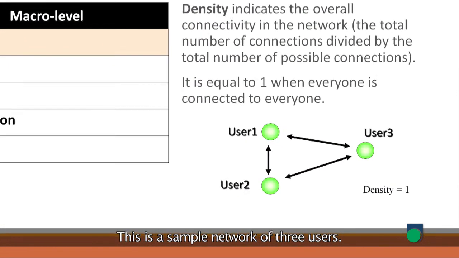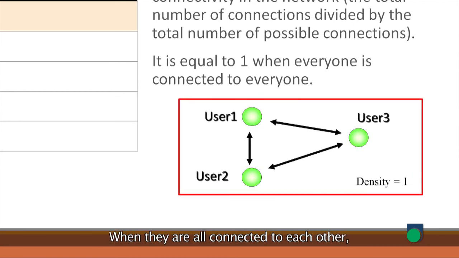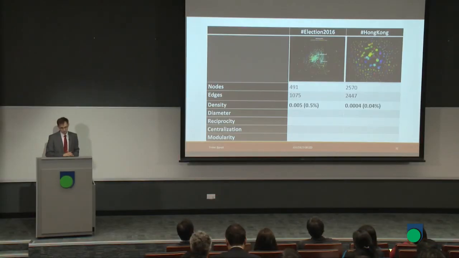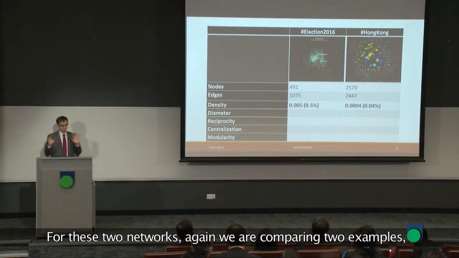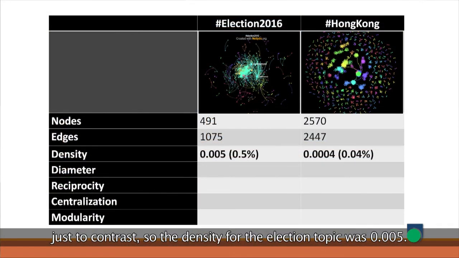And this is a sample network of 3 users. When they are all connected to each other, density will be equal to 1 because there are 3 possible connections, and 3 connections exist. So 3 divided by 3 is 1. For these two networks, again, we're comparing two examples, just to contrast. So the density for the election topic,